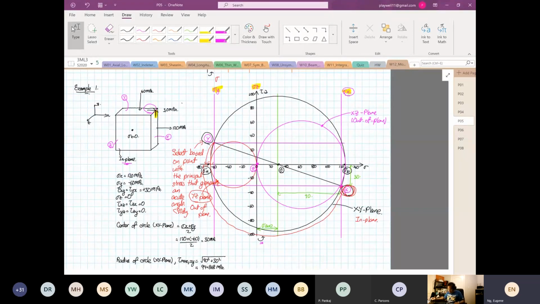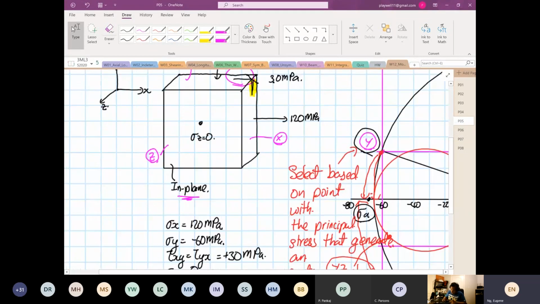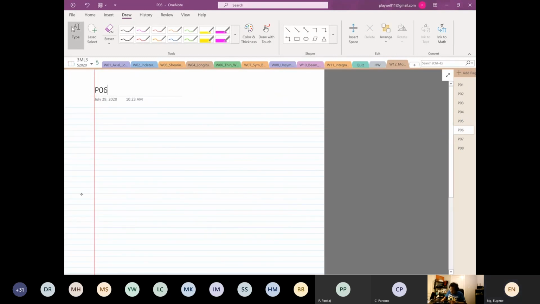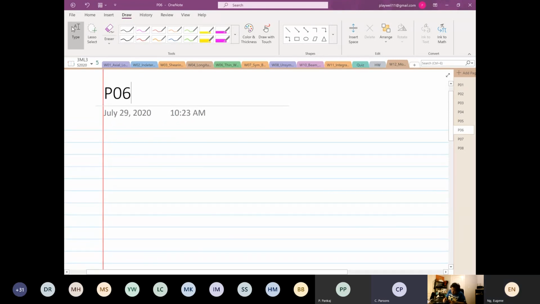I'm going to do another example. This is in fact not example number 1. This is in fact our example number 3. So I'm going to do another example, example number 4. Would we have to rotate the elements using